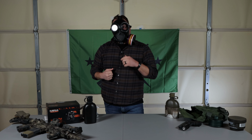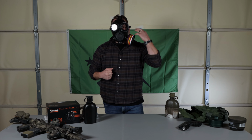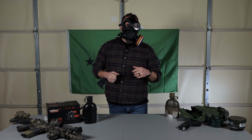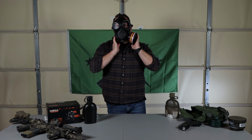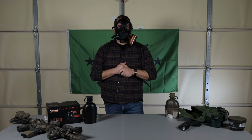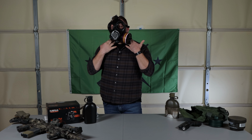So now we're all set. We properly donned the mask effectively and cleared the mask of any potential contaminants and then checked the seal to make sure that we got a good seal against our face. The thing about the seal with these masks is the rubber needs to be contacting skin all the way around. So a lot of people have issues with that with facial hair. I find that even with a small stubble keeping my facial hair down, I'm pretty able to get a good